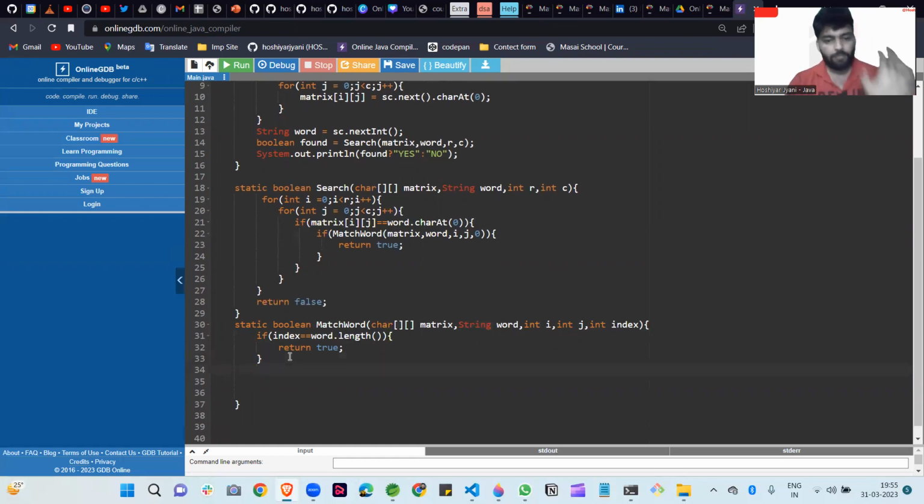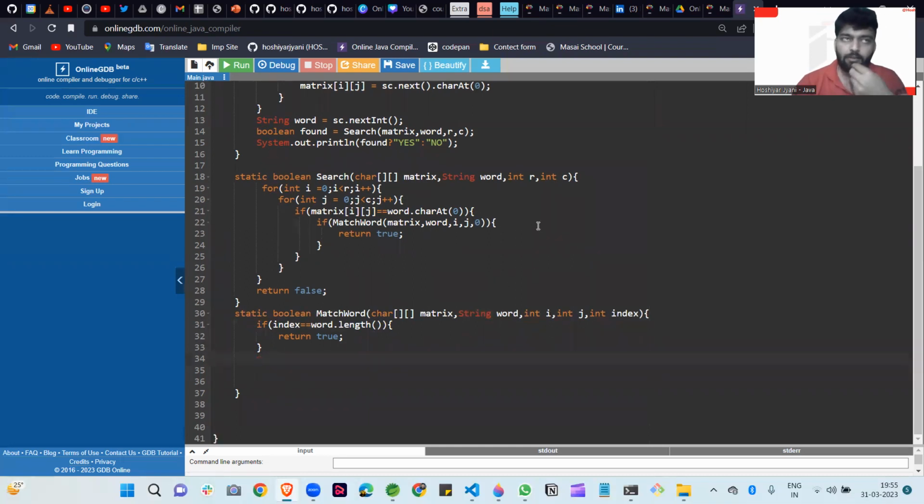One more base condition we can write here, because this method calls itself recursively. It may occur that we pass our position here like 2, 3, where i is 2 and j is 3. At this position we are passing this value. The minimum value of i possible is 0, you know very well. The j value can be 0 minimum, and maximum the matrix length, column length, and this is row length. If it breaks the boundary of the matrix, at that time we can say that we did not find our word and we return false.